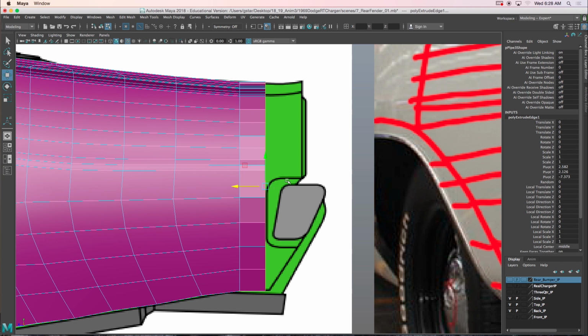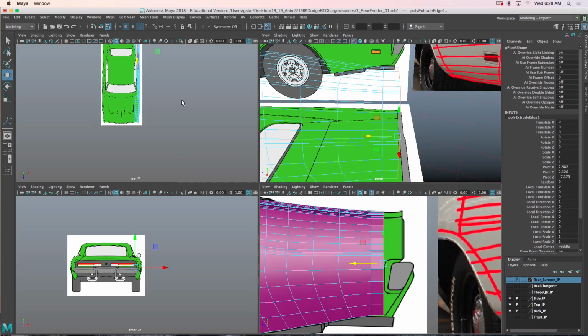Now, common mistake, most people like to get to this point and then they forget about the top view, so